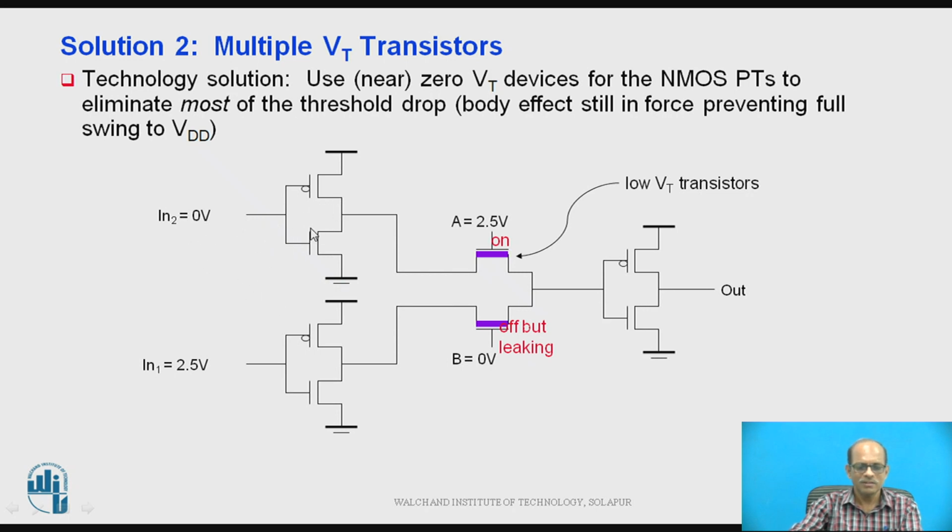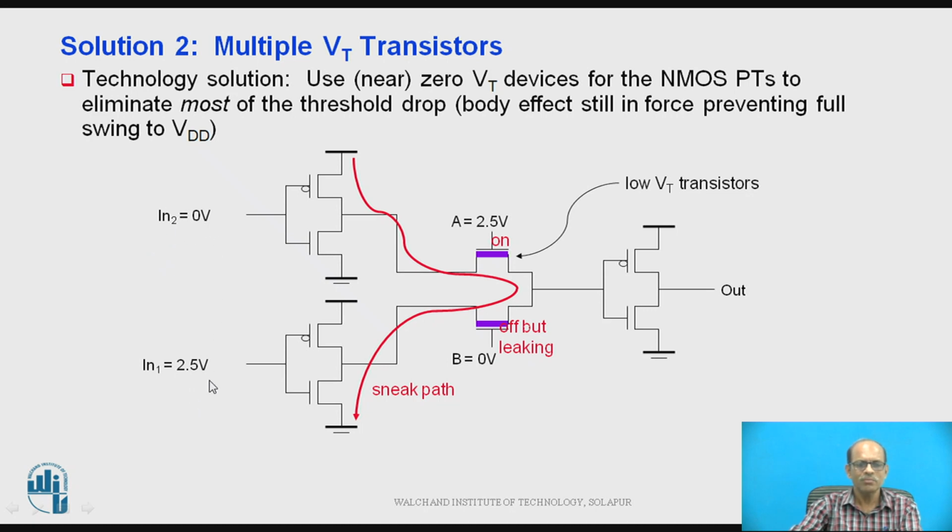So this is CMOS inverter 1, this is CMOS inverter 2. Now these two MOSFETs are low VT transistors, right? Now this is on and this is off, but there is a leakage problem. Due to this, as it is leaky, what is happening is that when input 2 is 0 and